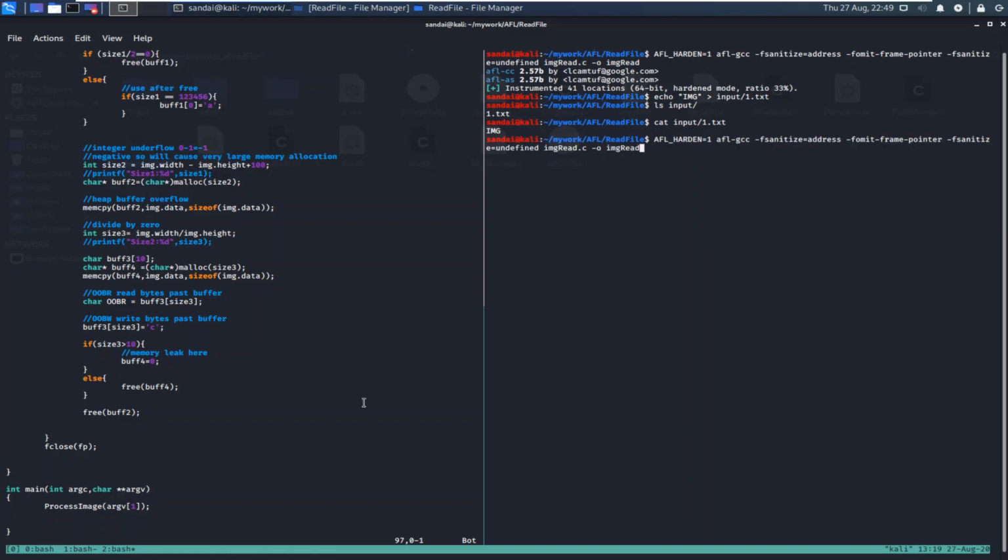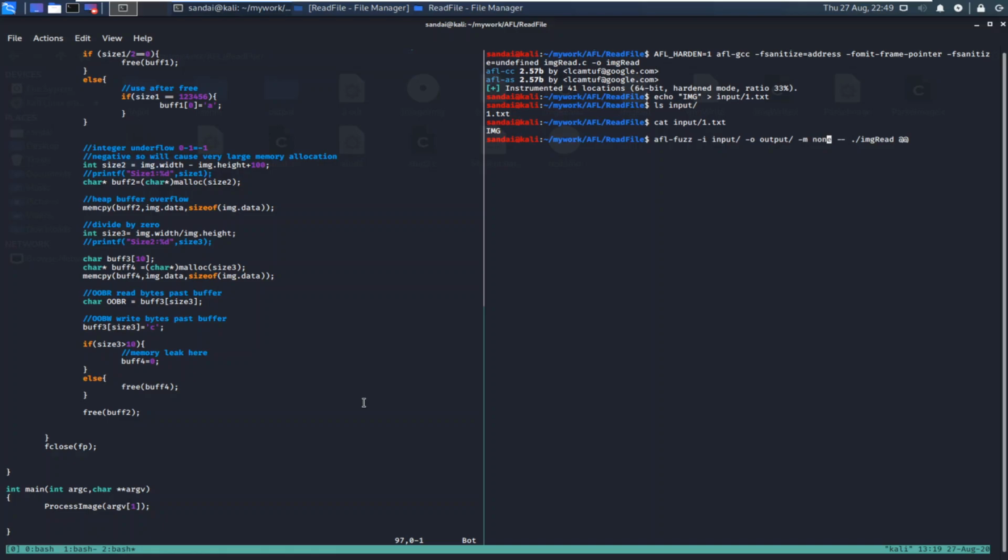Let's start our AFL fuzzer, and we'll see what kind of crashes we are getting. This is the afl-fuzz command: afl-fuzz -i input file, -o output folder, -m none. As I mentioned, we have compiled this binary using ASan, and ASan requires a huge amount of memory, so it is not possible to fuzz a 64-bit binary using AFL. AFL will give an error message, so that's why we have to explicitly mention here -m none.